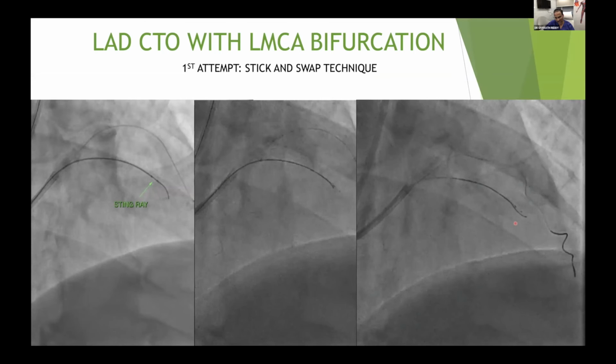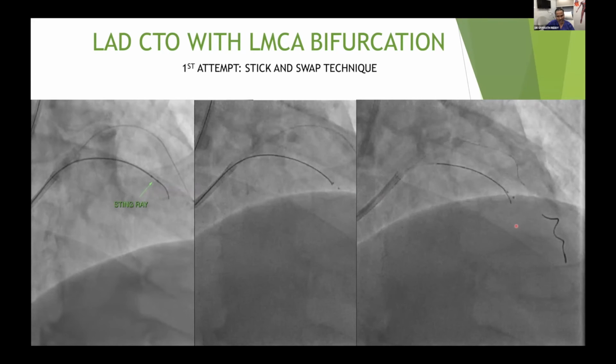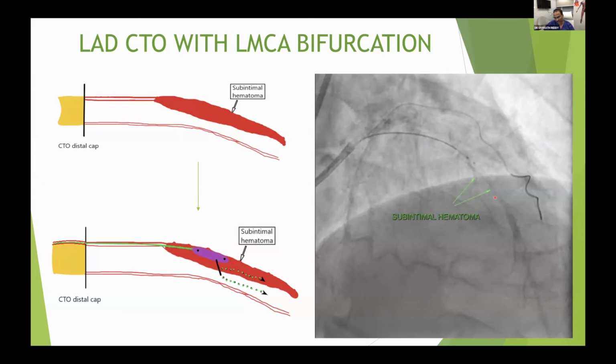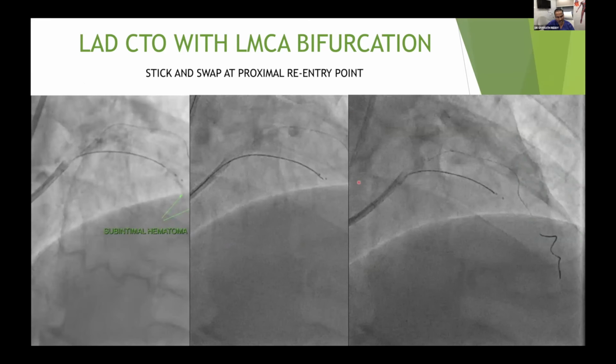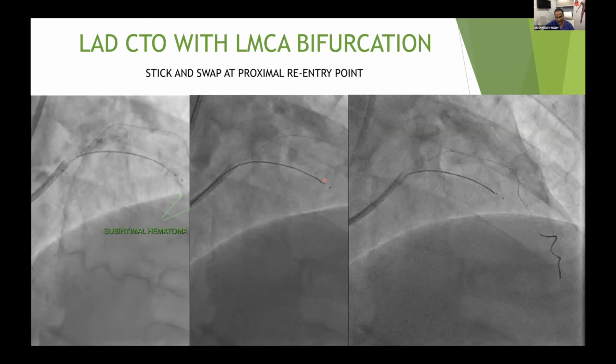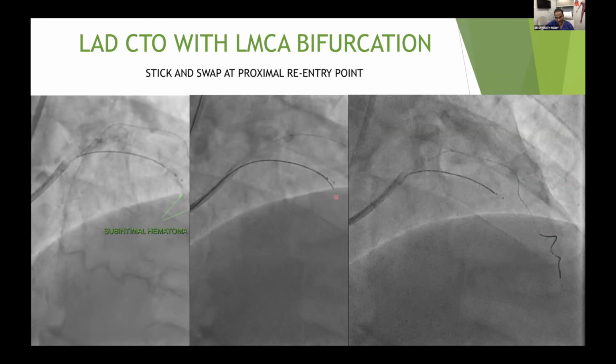You can see it is just buckling in subintimal space. So what happened here is basically there is a lot of subintimal space created here, but there is a clear lumen visible here. So what I did, I pulled Stingray back at this space. Initially, I tried here where there is more subintimal hematoma, and I pulled back here where there is less subintimal hematoma and retried. So that's bobsledding, which we can do with Stingray, and I again stick with the Stingray wire,